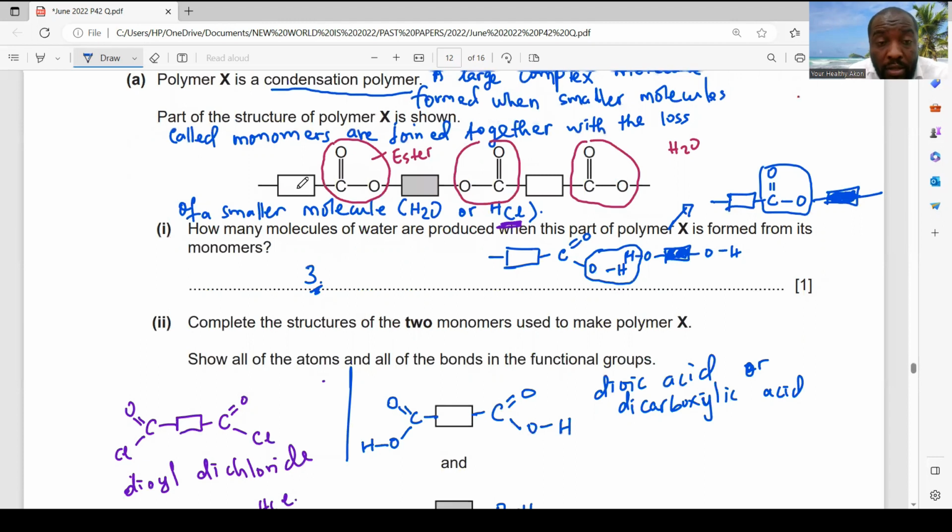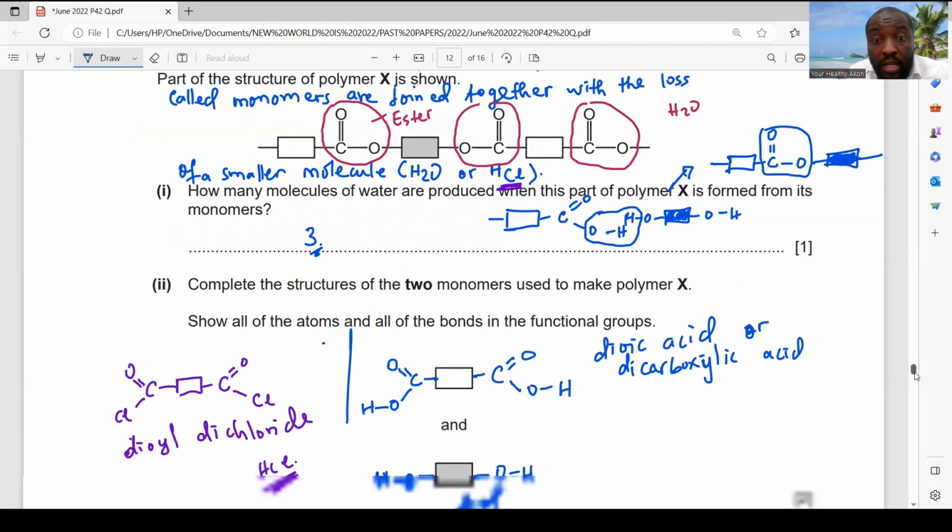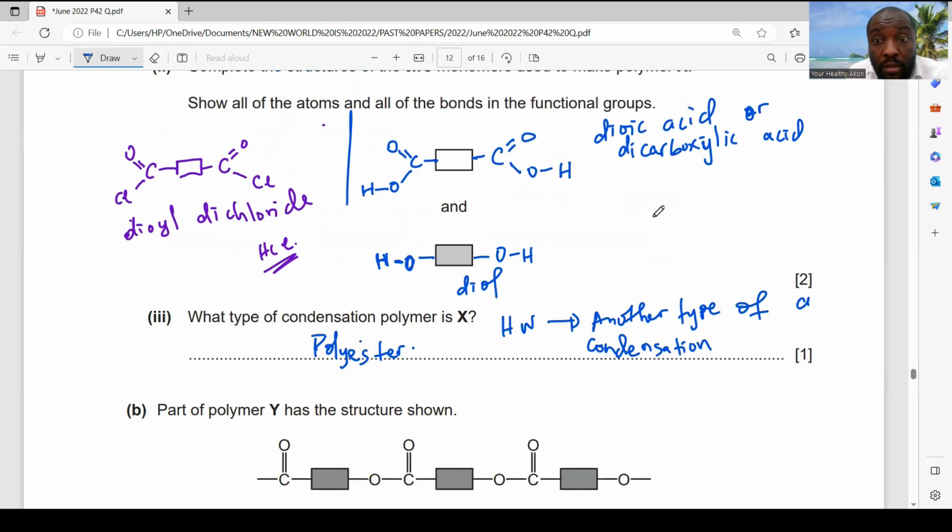You can see that, even from the boxes, they're different. Now, you can see from the functional groups, they're also different. So it has two types of monomers. So this polyester has two types of monomer,